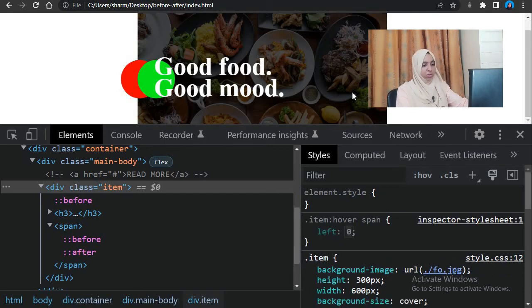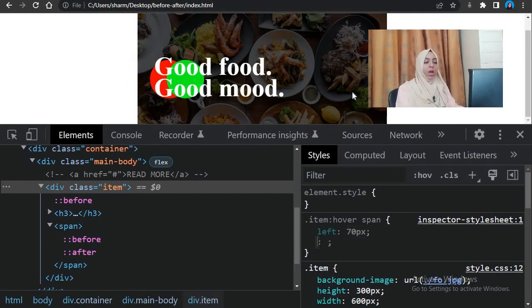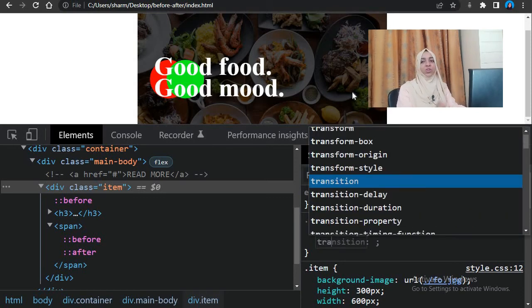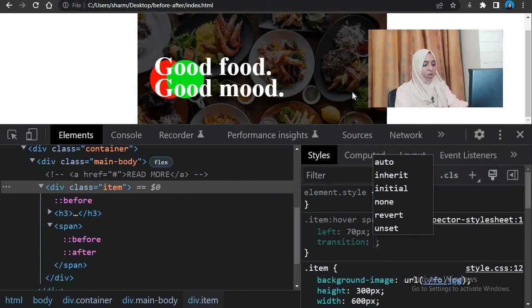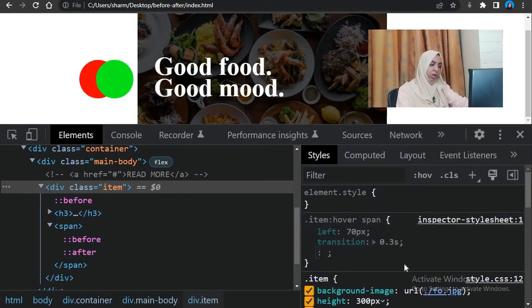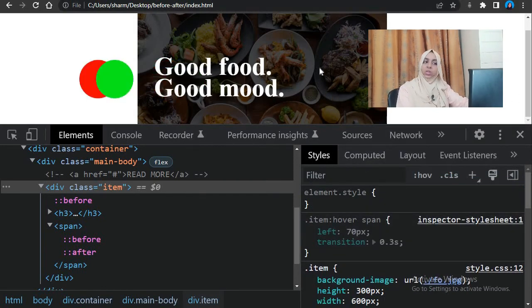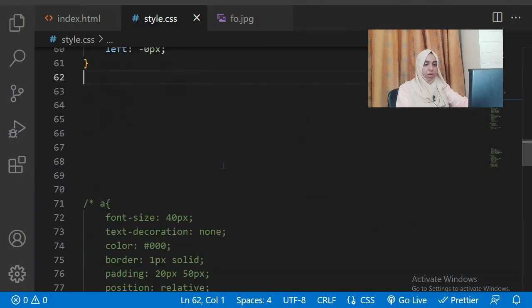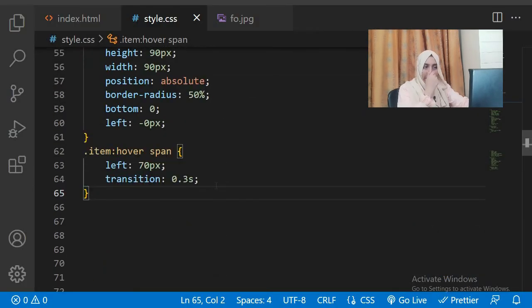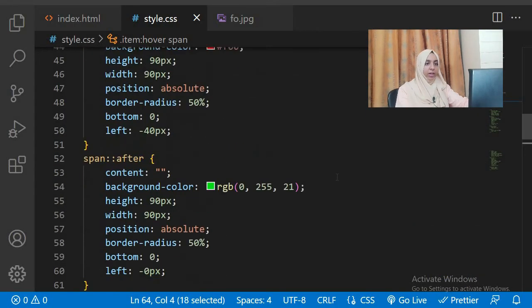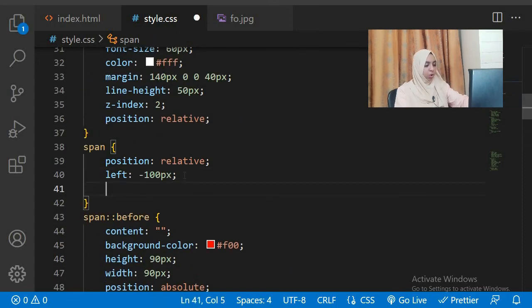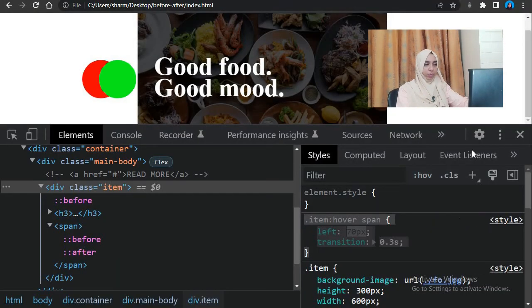It's coming inside. So you can also give it a left value of, for example, 70 pixels, so it will come this inside. And for the transition effect, for the effect to be smooth, you need to use the transition property as usual. So 0.3, so when you hover, can you see how it's coming inside? It's jumping back again, so we can give our span the transition of 0.3. So here we paste it over here, and this transition add it to your span, so that it is smooth also when we remove our mouse from there.